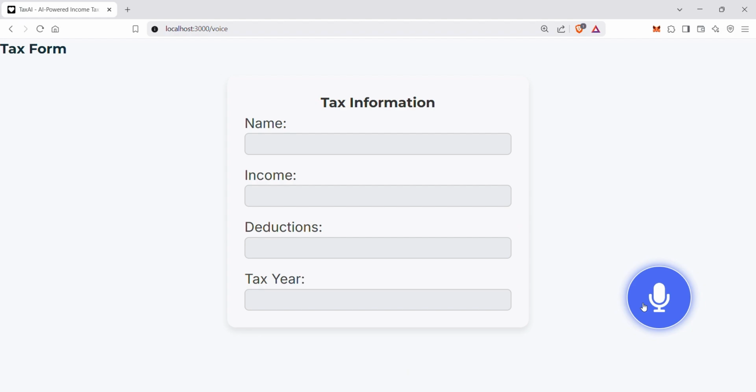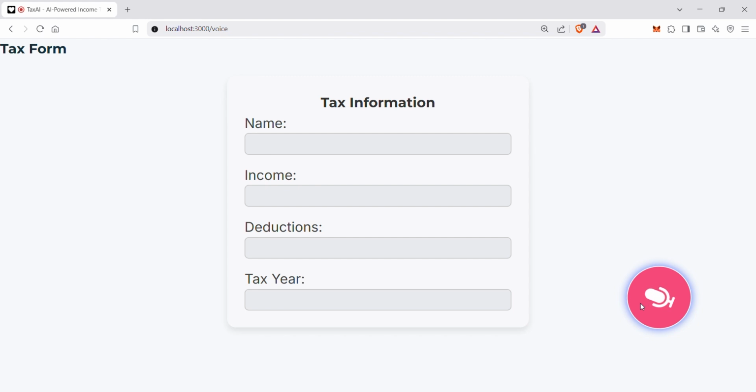Now, most users are comfortable with providing this Form 16, but for few of them who are not comfortable to provide this input, we have another option for filing this complex ITR form. They can basically speak out all the information, and this can be automatically filled into the form. So basically, we have implemented a voice enabled UI. For example, I will just click on this button and then give all my information.